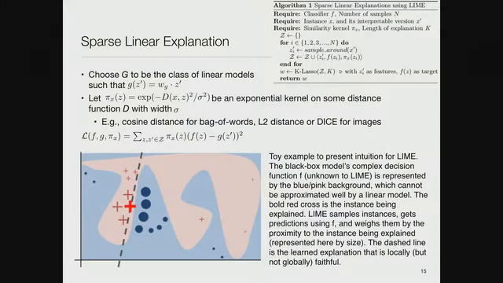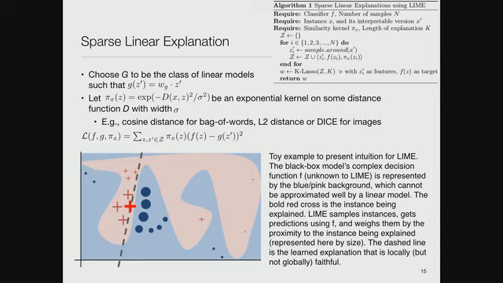So here's a nice graphical explanation of what's going on. Suppose that the actual model, the decision boundary is between the blue and the pink regions. Okay, so it's this god-awful, hairy, complicated decision model. And we're trying to explain why this big red plus wound up in the pink rather than in the blue. So the approach that they take is to say, well, let's sample a bunch of points weighted by shortest distance. So we do sample a few points out here, but mostly we're sampling points near the point that we're interested in.